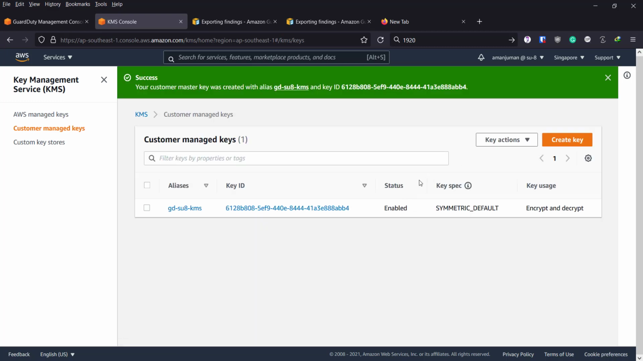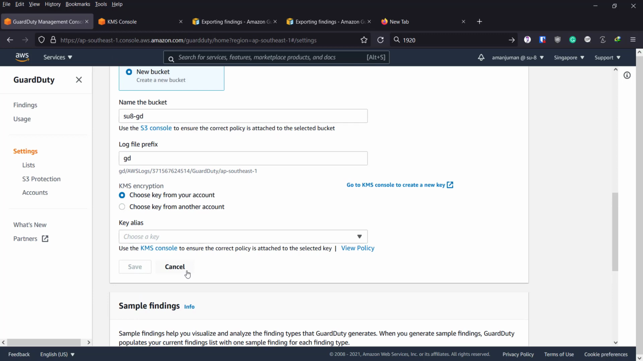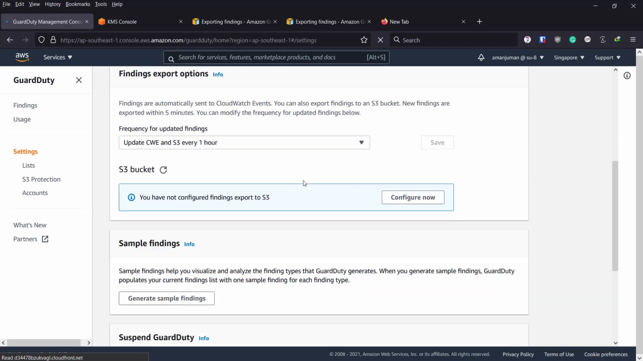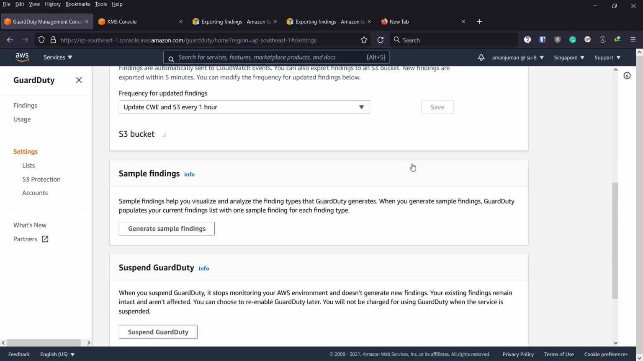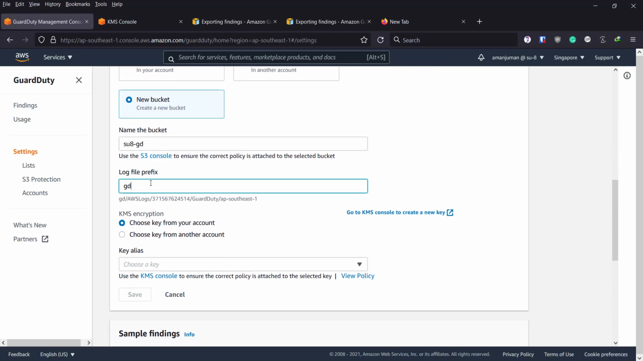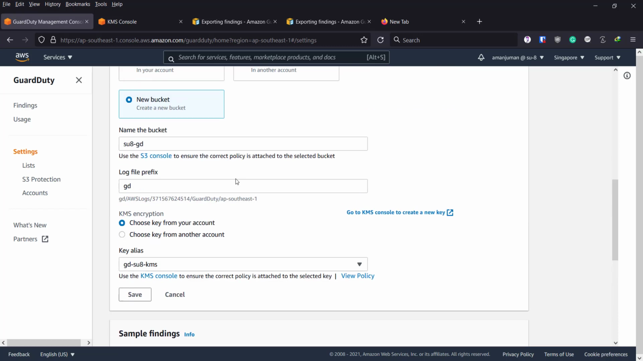Now the key is configured. Now let's go back to the GuardDuty panel. Now we can choose the key. However, we have to refresh this page since we created this one. So we're gonna just refresh. Now again, we're gonna configure now. New bucket. Let's give its name GD, and from your account now we can select the key,